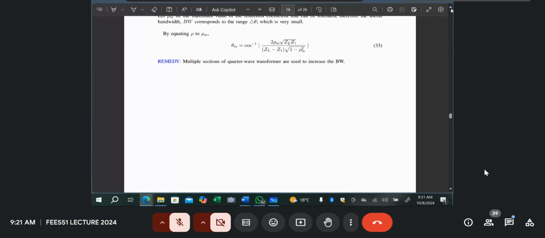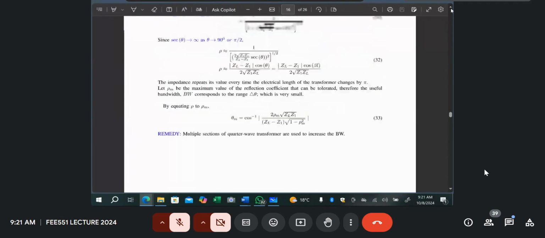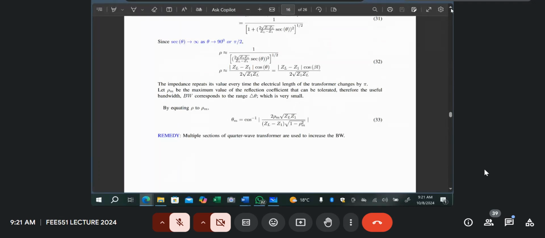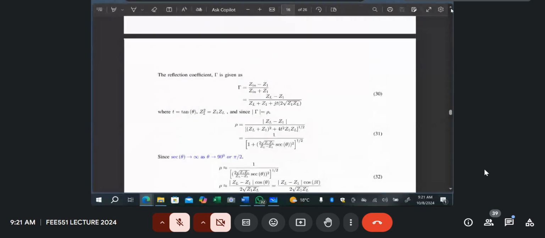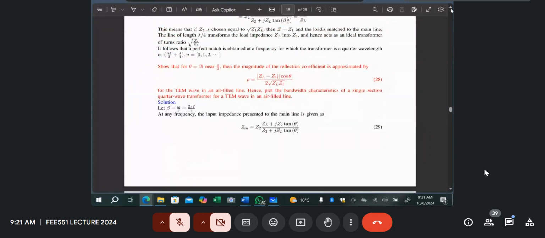So you would see that this theta, when you plot, you can have an equation on 32. You are asked to do a derivation here for the reflection coefficient. Show that for theta near, which is beta L near pi over 2, the magnitude of the reflection coefficient can be approximated by this. So we are saying near because you can see that equation 28, what happens when theta is near